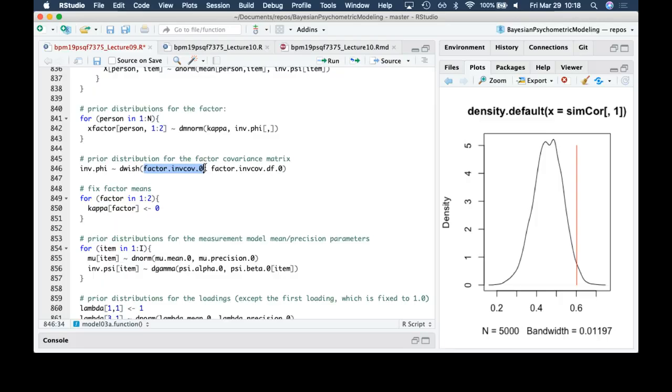I can't search. Thanks, Siri. Hey Siri, what's the prior for an inverse Wishart? Sorry, I can't search the web on Apple Watch. Dang it, Siri. Anyway,